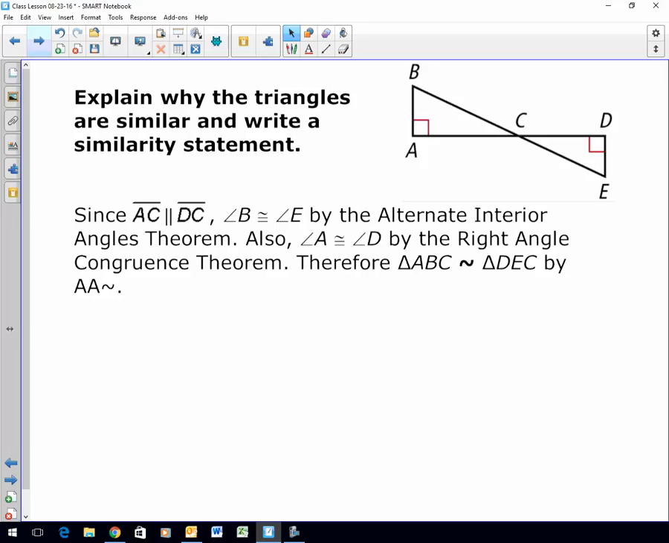Just read this. Don't even write it down. Just read it and see if it makes sense. Explain why the triangles are similar and write a similarity statement. Since AC and DC are congruent to each other,